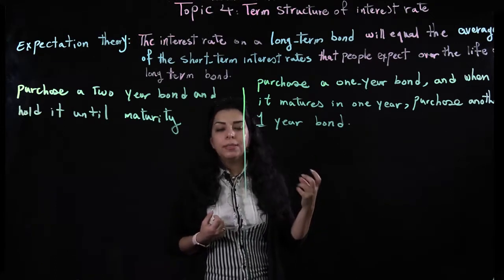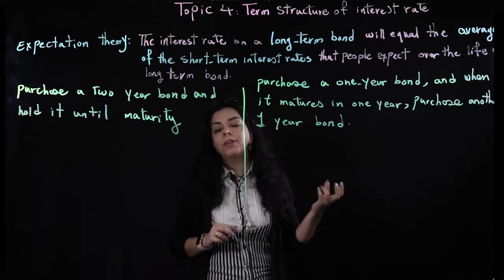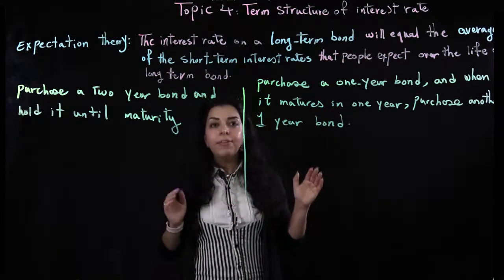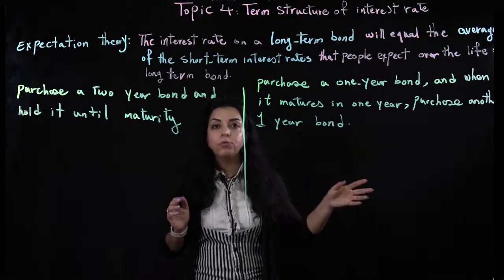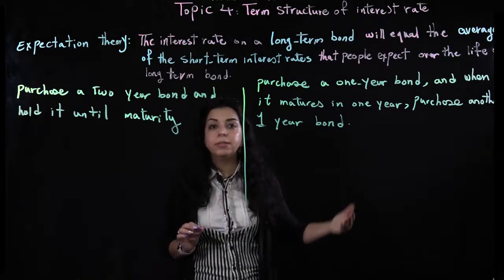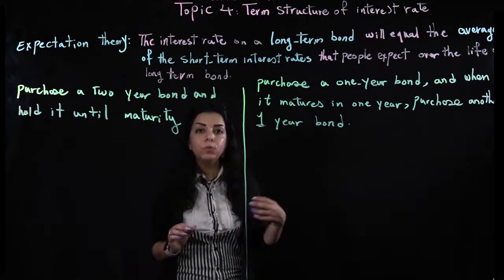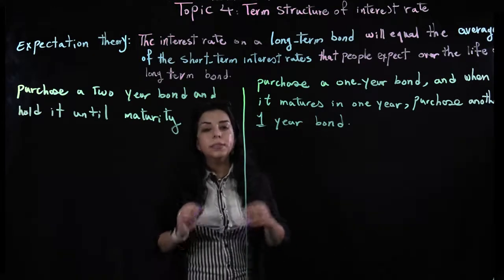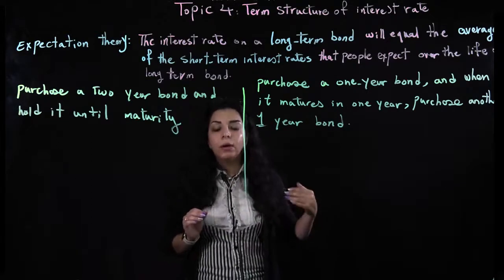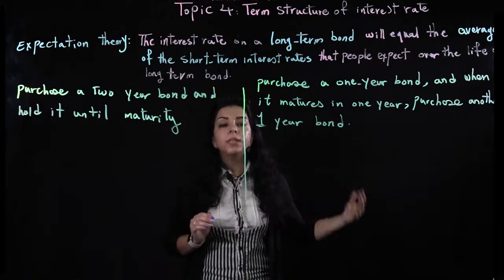So we want to know, based on the expectation theory, how we can calculate the expected interest rate of a 5-year bond. We know that we don't have any definite idea about the interest rate of the future because we only know today's interest rate. We don't know what is happening to the interest rate in the future, next year, next 2 years, and next 5 years. We can just predict what is happening. So once we want to talk about interest rate in the future, we call this expected interest rate. If I'm talking about the interest rate next year, I'm talking about the expected interest rate for the next year, expected interest rate for the next 2 years.